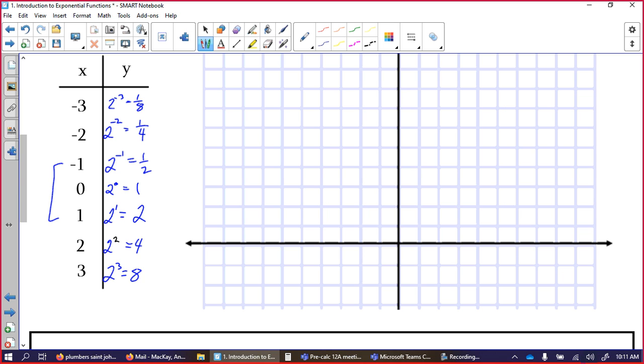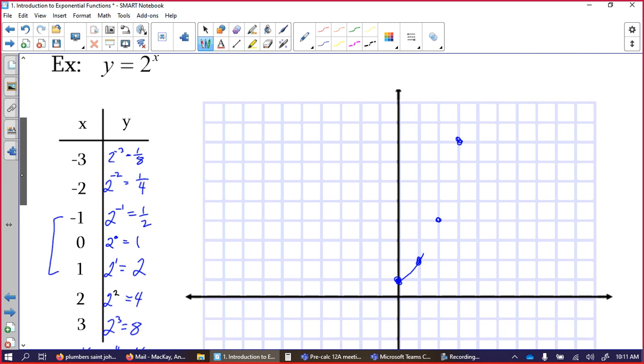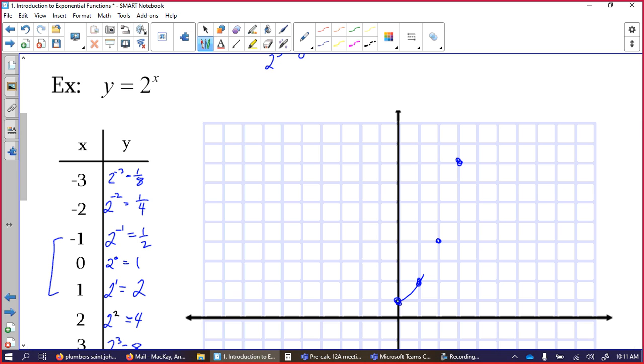So 0 and 1. Over 1 and up 1, over 1 and up 2, over 1 and up 4. Over 3 and up 8. And that's kind of similar to a parabola. But if we look at the next one, 2 to the 4th is 16, somewhere way up here. So it kind of looks like a parabola, but it actually grows at a much steeper